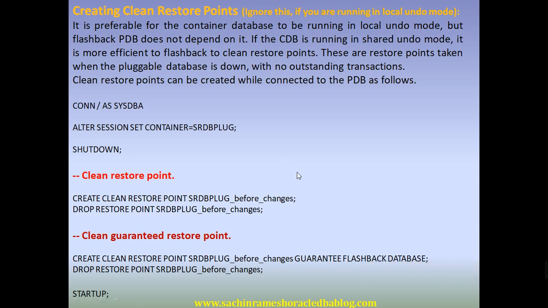So what we need to do: alter session set container SRDB plug, shutdown, create a clean restore point, and drop the restore point before the change. The same way, a clean guaranteed restore point also we have to create, and then startup.